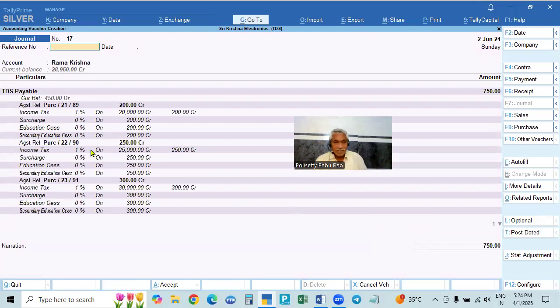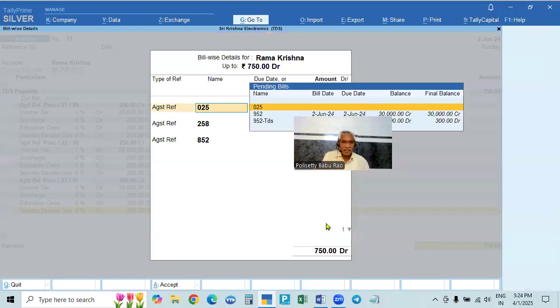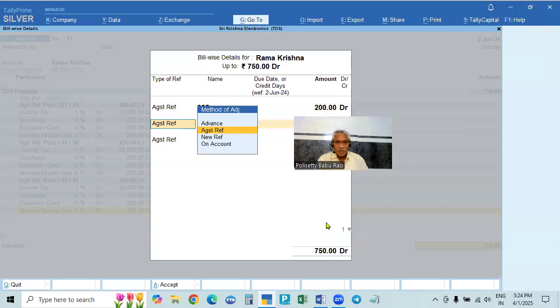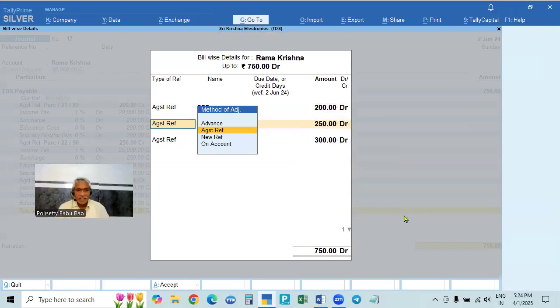You can go to the voucher journal, and you can make it here also. Suppose from the beginning itself you are making the payment, at the end, when the message is shown, you make yes, and then the same thing will be shown there. So first bill 20,200, second bill 25,000, 20,50, third bill 350, 300, and the fourth bill already deducted. Like this you can make it. Here it is showing the correct exact amount.